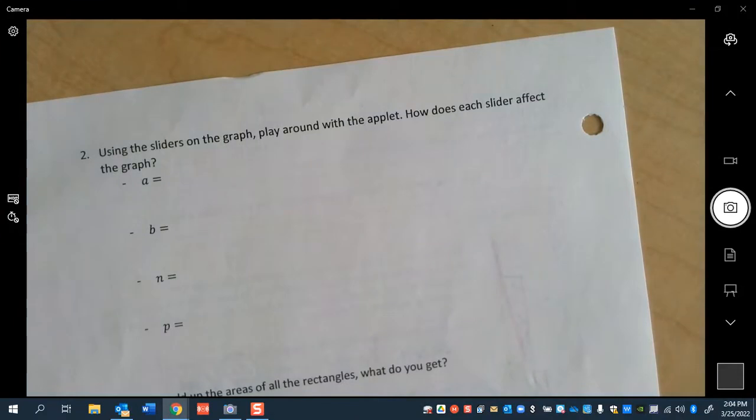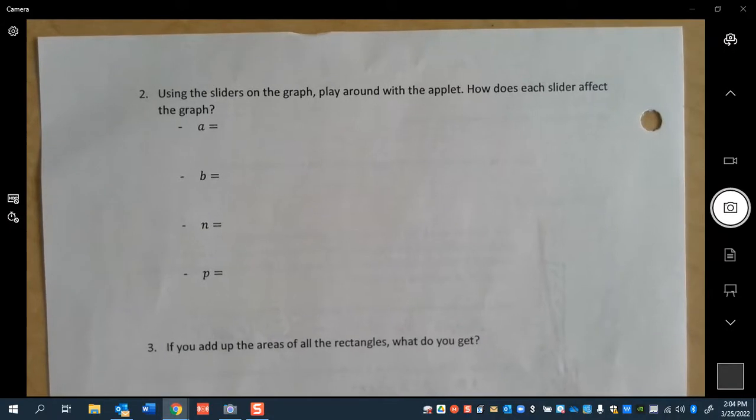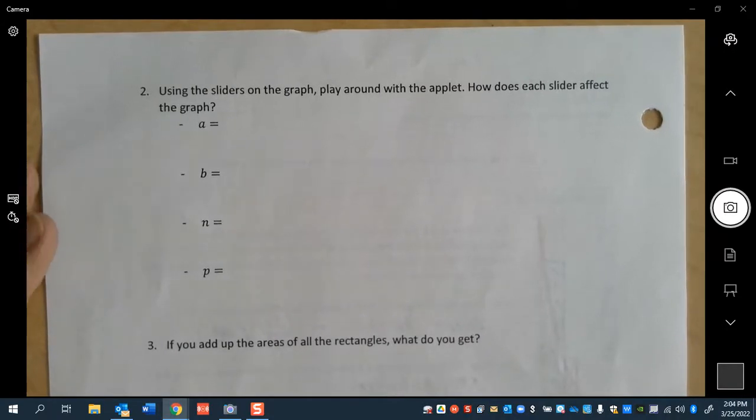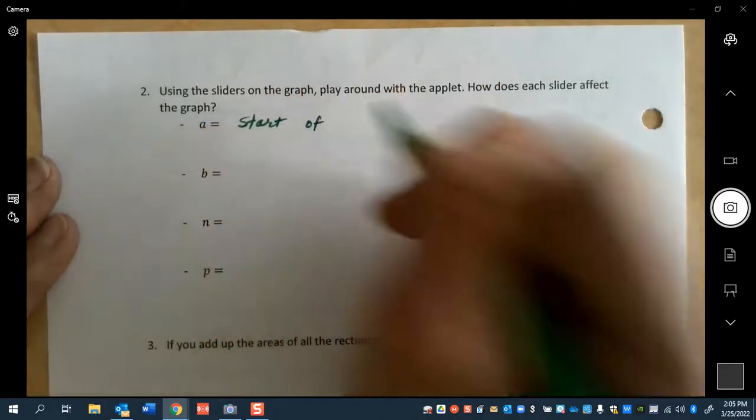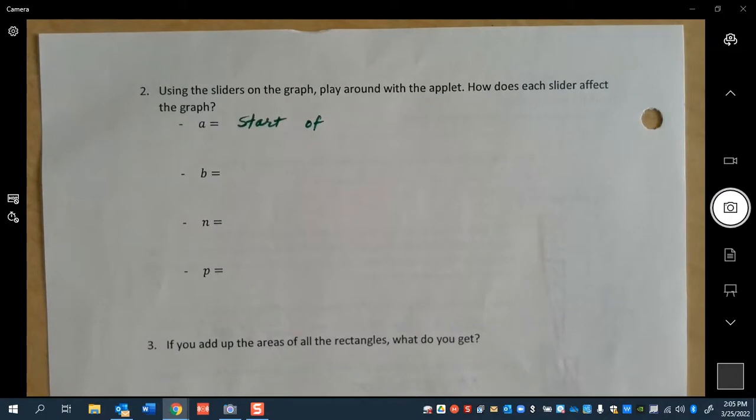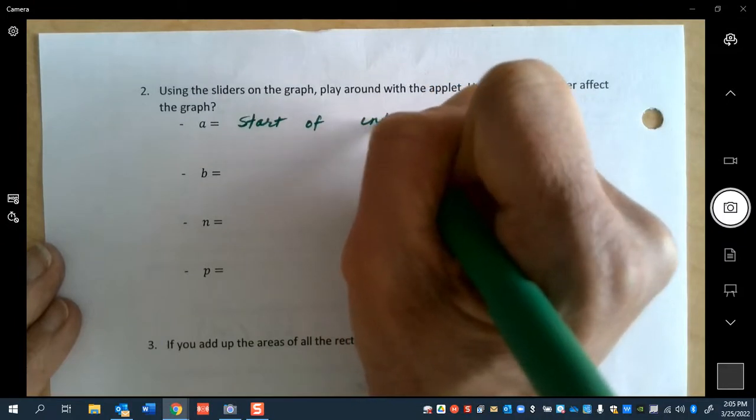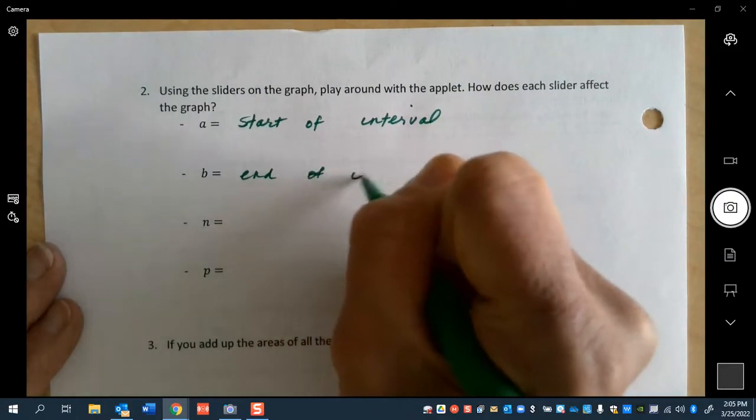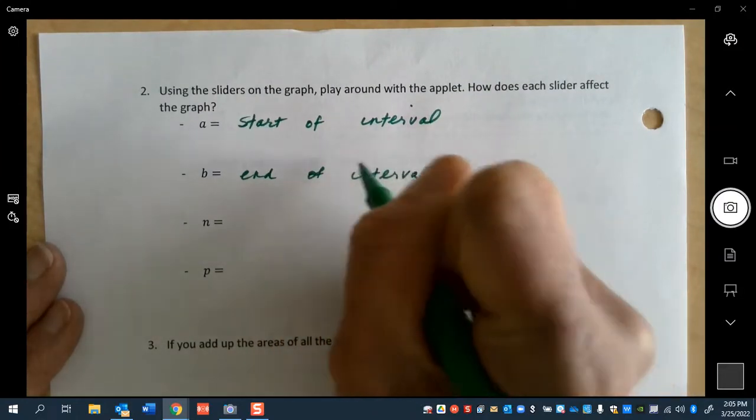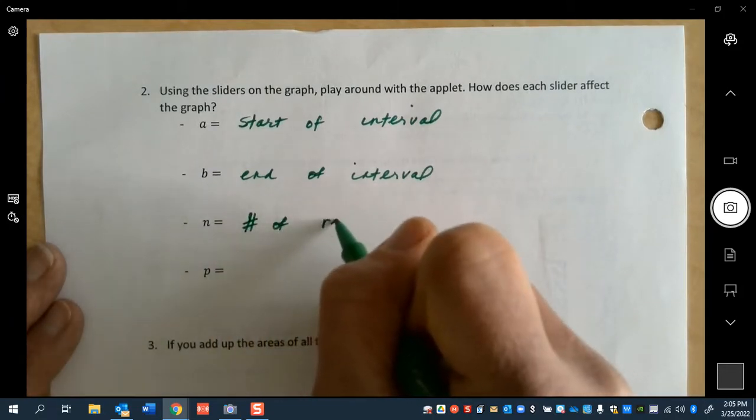All right, let's check out the back. So the sliders on the graph, when we play with the applet, how does each slider affect the graph? So we're just going to do this fast. I'm going to post the applet so you can log onto your computers and play with it. But I want you to recognize that A is the start of your interval, B is the end of the interval, N equals the number of rectangles